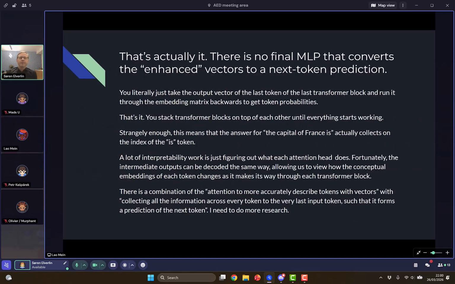Okay. So yeah, that's it. If you understand that, you understand the transformer blocks, you understand the attention mechanism. That's really it. At the very end, you just take the very last token embedding of the output of the very last transformer block, and you take the dot product of that and all the different tokens, and then you normalize the sum to one. Also maybe you take the square root of them. Whatever. The point is, you have